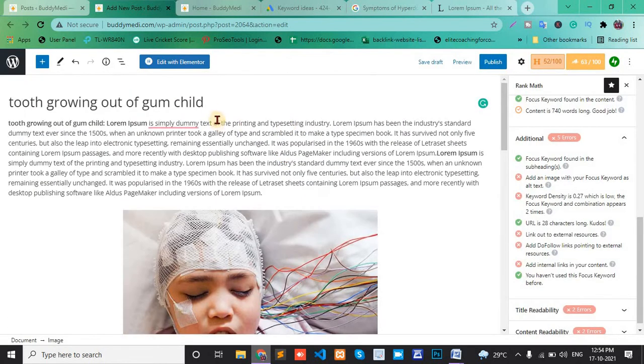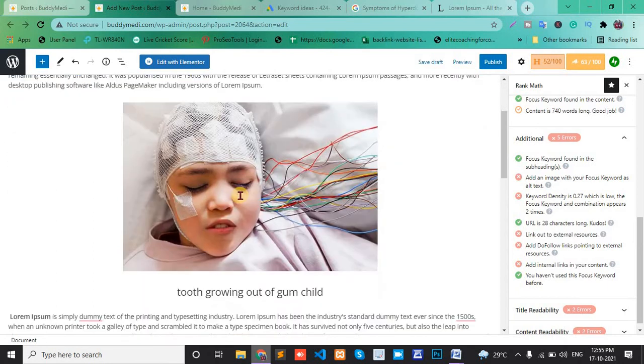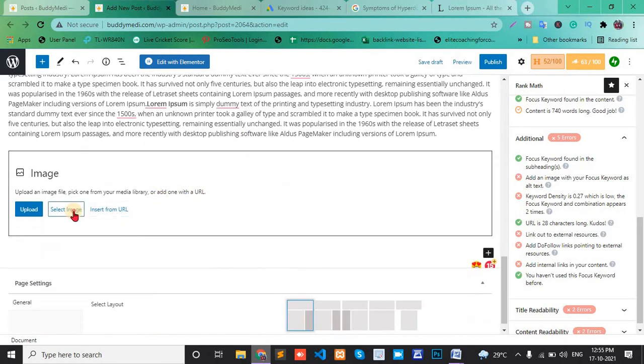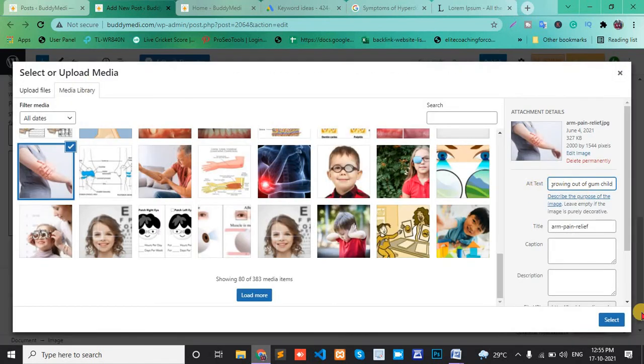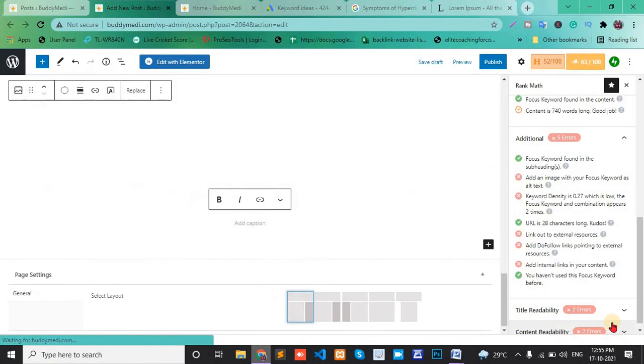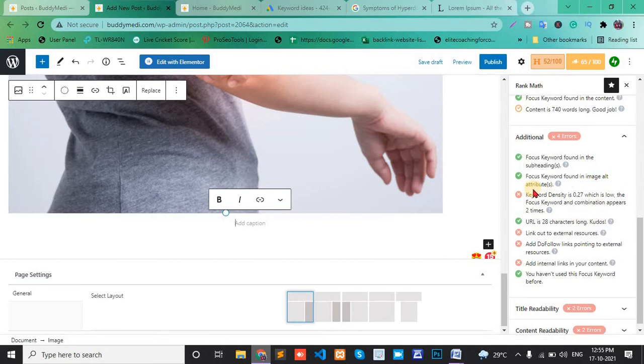Here the focus keyword is tooth growing out of gum child. Copy this one and paste in the alt text and select. And focus keyword found in image alt text or attribute.